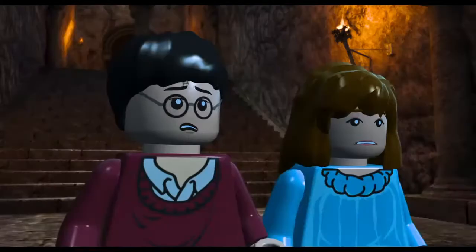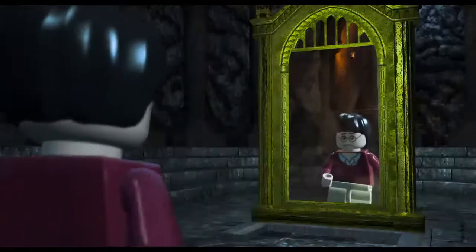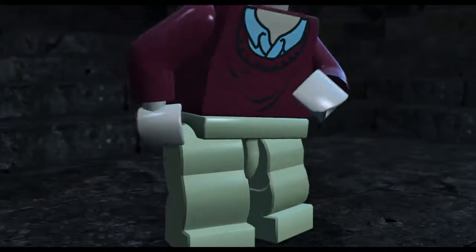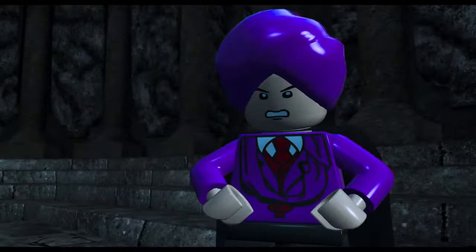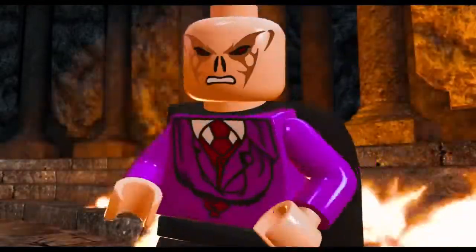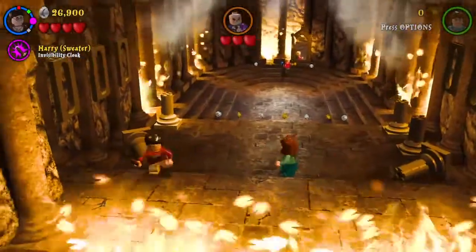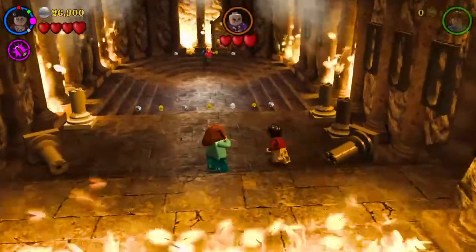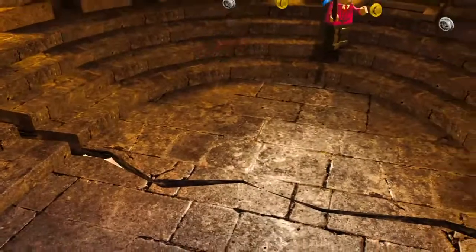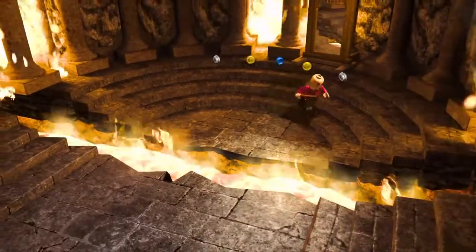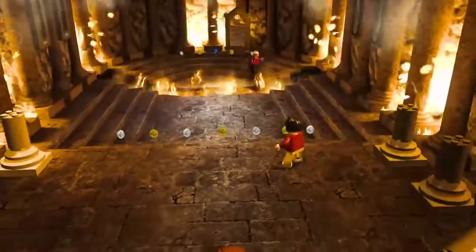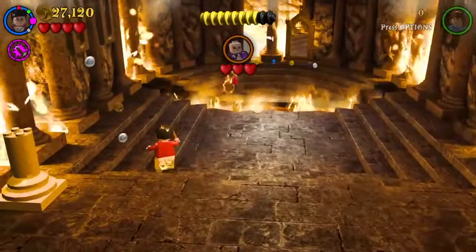In the book, there is a room where there is a troll which is unconscious, and then there is another room where there are a bunch of potions, and Hermione uses logic to overcome that potion state. But because it's not very cinematic, they didn't include it in the movie, and now they're not included in the game also. It would have been fun though, like some logical test for Hermione.